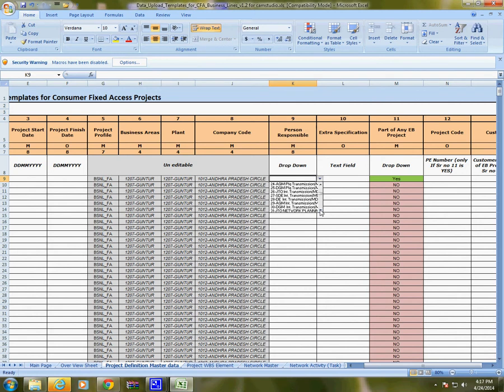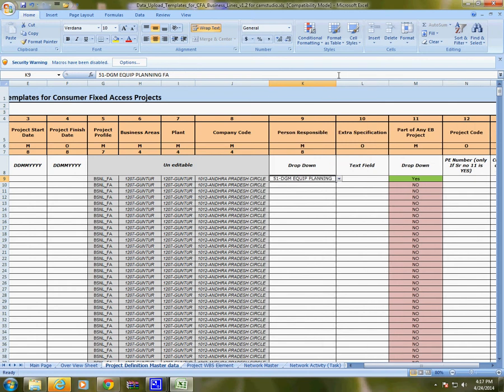So accordingly entries are available. We can select the concerned entry, and I think we can see here